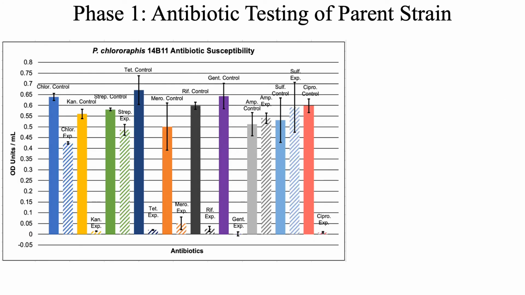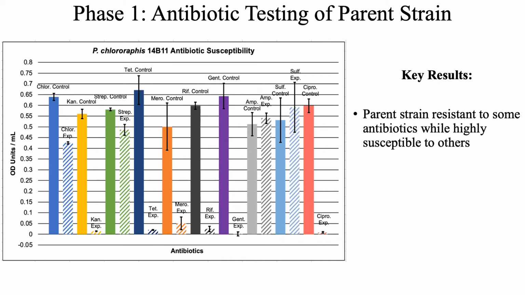The antibiotic susceptibility testing of the parent strain can be seen here. 10 total antibiotics were tested, where the solid lines in the graph represent the control trials, where the bacteria was grown without antibiotic, and the dashed lines represent experimental trials, where it was grown with a certain concentration of that antibiotic. Some of the key results indicate that the parent strain is resistant to some antibiotics, while highly susceptible to